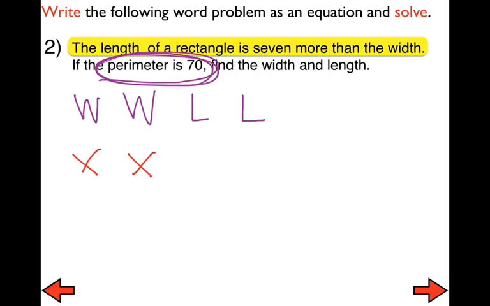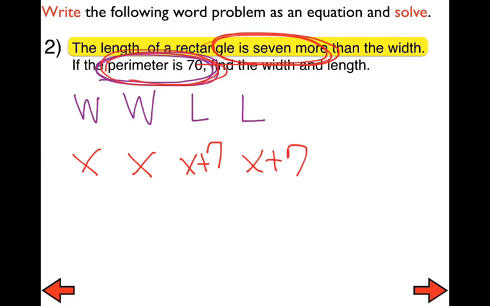or variable x. The first sentence once again says the length is 7 more than the width. If the width is x, that makes the length x plus 7. We are finding the perimeter, so we add up all of our sides. So our equation is x plus 7, or x plus x plus x plus 7 plus x plus 7,